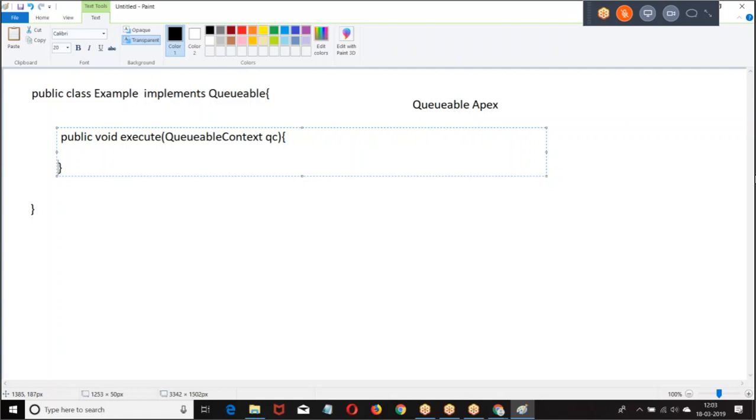Any class which implements an interface has to define every method in the interface. Now, in the Queueable interface, what is the method we have? The execute method. In the execute method, what do we do? We write the logic.